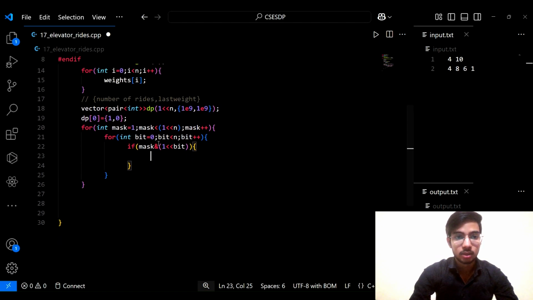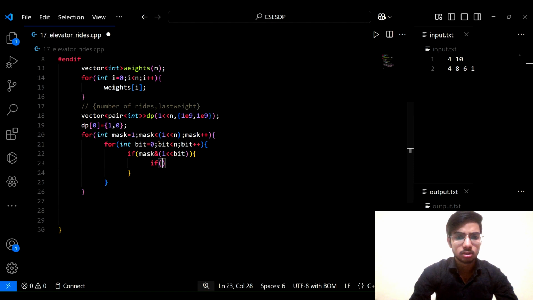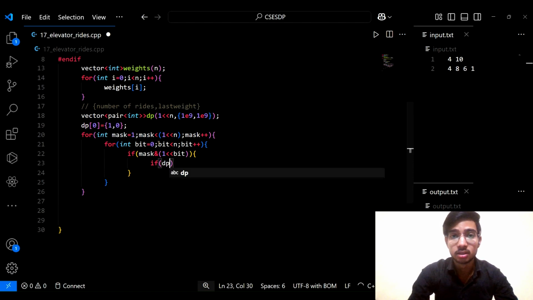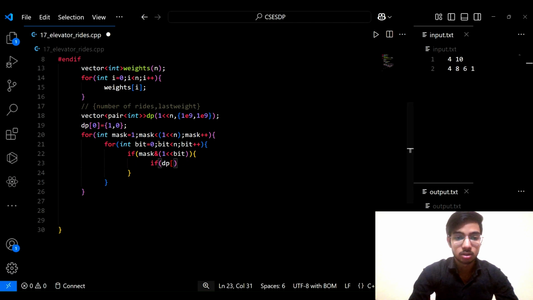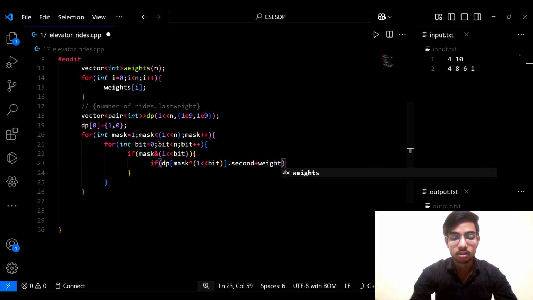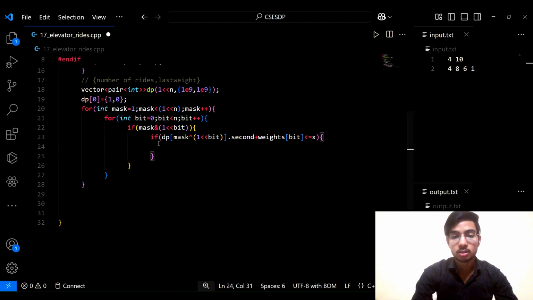What next I have to do, yes, is check if it is in the limit, right? If it is in the limit, so dp of mask, let's take the previous state, mask xor one left shift of bit. If dot first, that is the number of lifts, dot second plus the weight of that bit is less than or equal to x, right? If it is the case, that is if I'm taking the current weight and the previous state, the last weight is this, right? If last weight plus this weight is in the limit, that is it is allowed, then